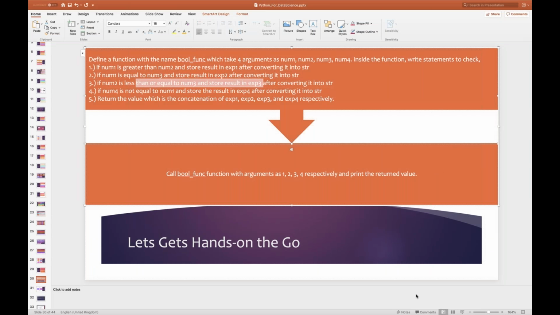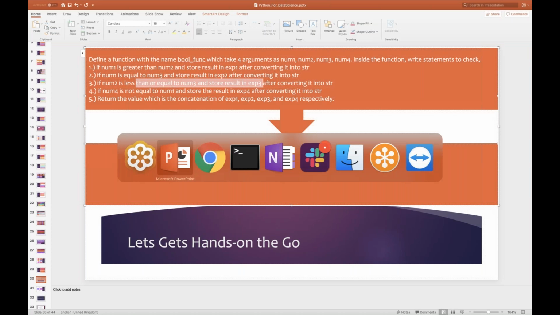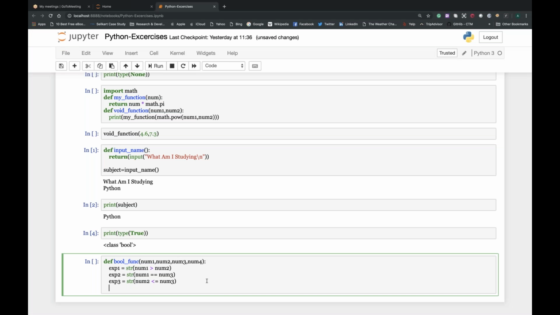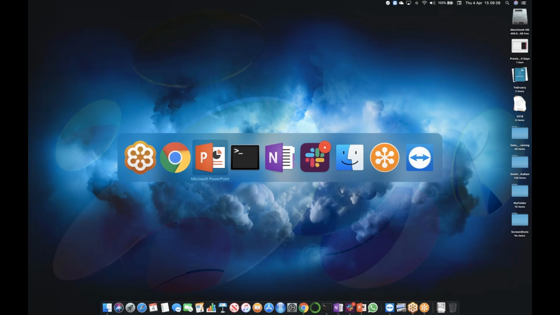One second, let me cross check something for you here. Okay, makes sense to me. Let me quickly check if it's recording. Yeah, it's recording. So num2 is less than or equal to num3. This is done. So the next one is